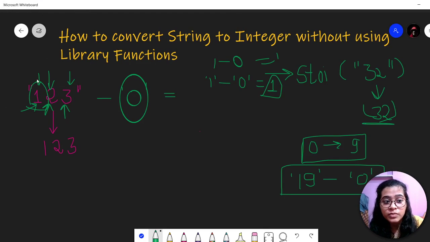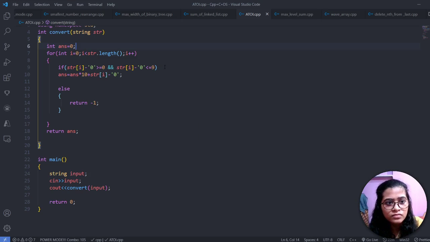Then we are checking if the subtraction of the string's index character with the 0 character is greater than or equal to 0 and less than or equal to 9, inclusive of both 0 and 9.